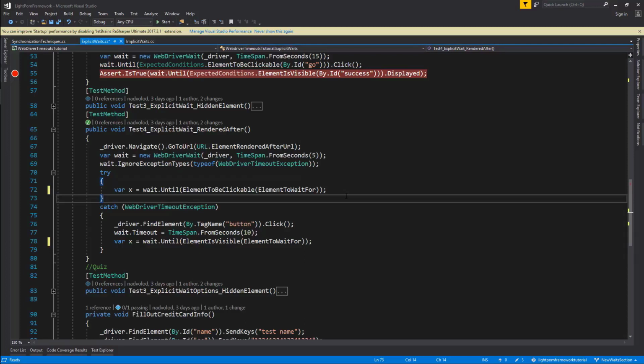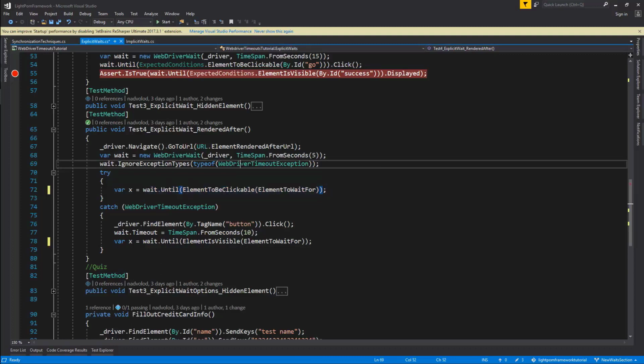The other things that I wanted to introduce you to were the different configuration options that are available on the WebDriverWait, which actually inherits from a default wait class. With the WebDriverWait, you can set an ignoring exception types method, and that will allow you to ignore different types of exceptions that might be encountered while the wait is performing its operation. So for example, you might be able to ignore a WebDriver timeout exception, or you might want to ignore a page,